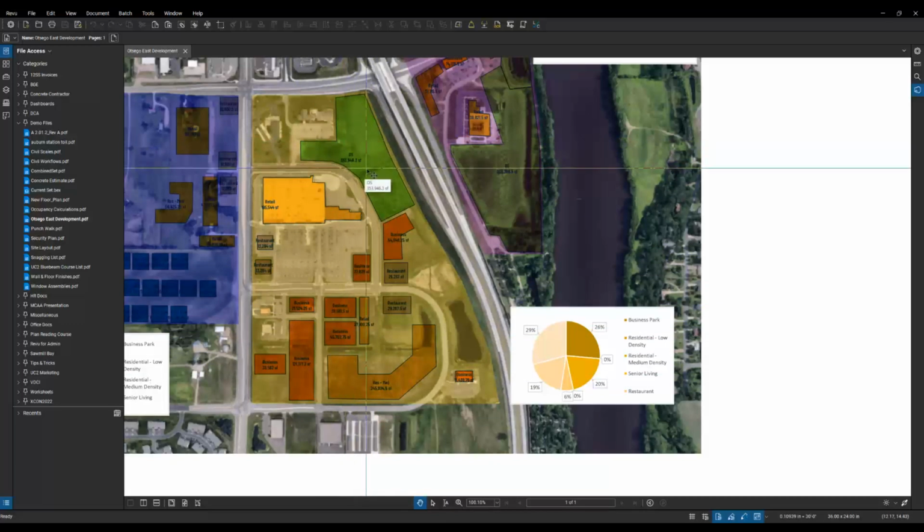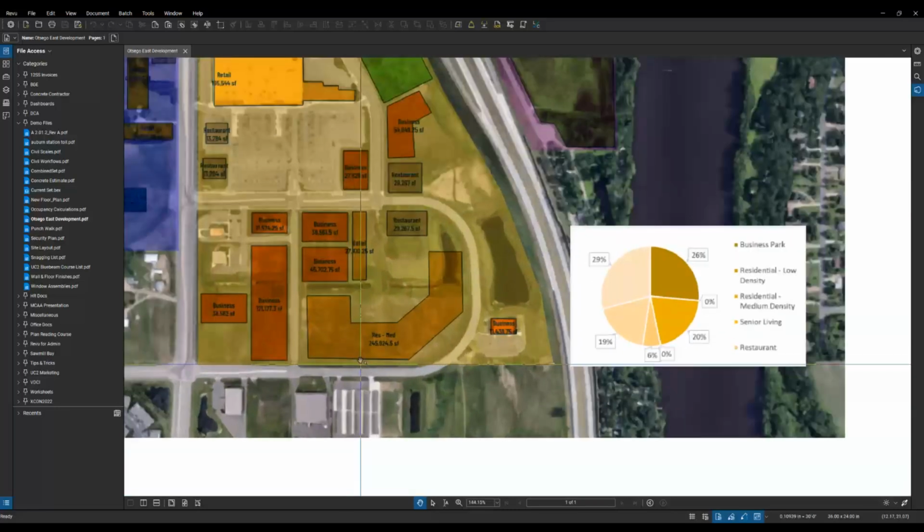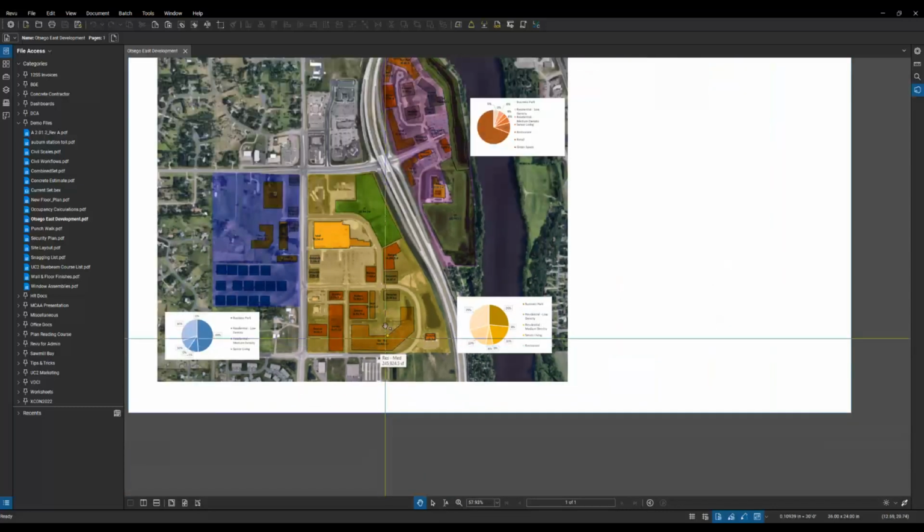So if we need a certain percentage of our space to remain green, we lay out that space as well. So you can see I just came in and I took an aerial photo from Google Earth and I traced out the whole area, traced out the existing building, laid out some proposed buildings. And then what I did was I had all of that